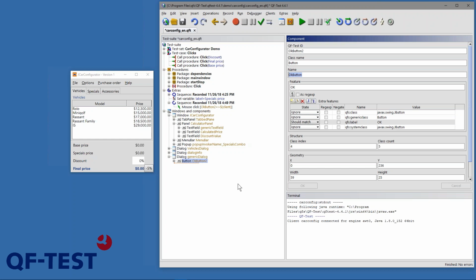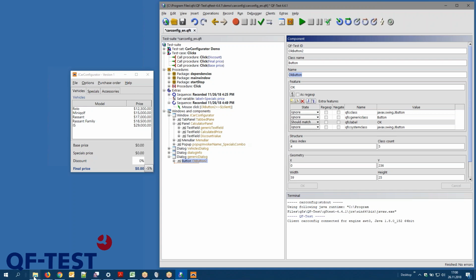And now I want to show you what to do when you have a new version of the program and your tests have been developed for the older version and run on the older version, and now you are asked to do the regression tests, and some components have been moved or the version has been changed. So I'll open